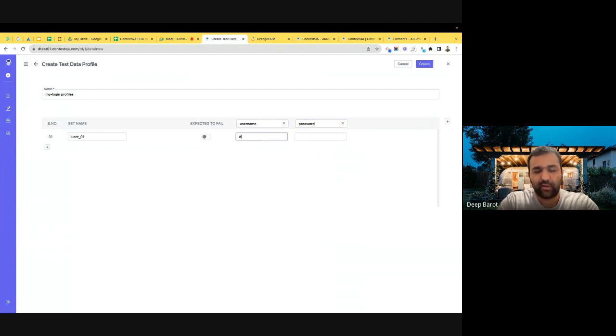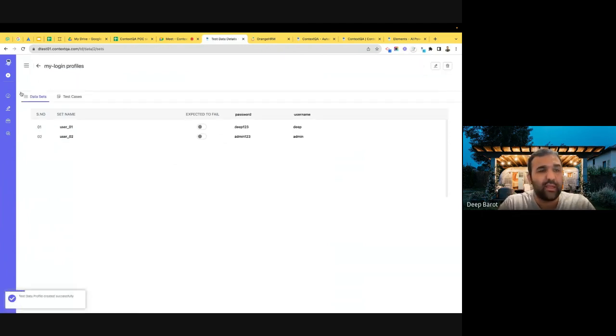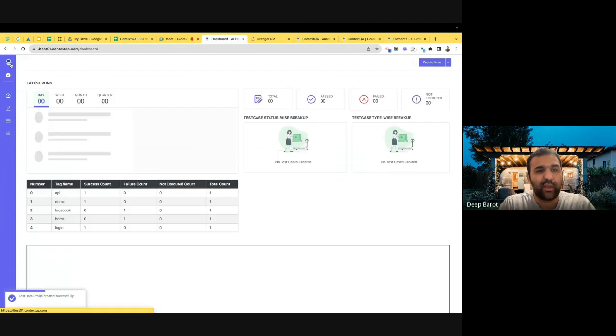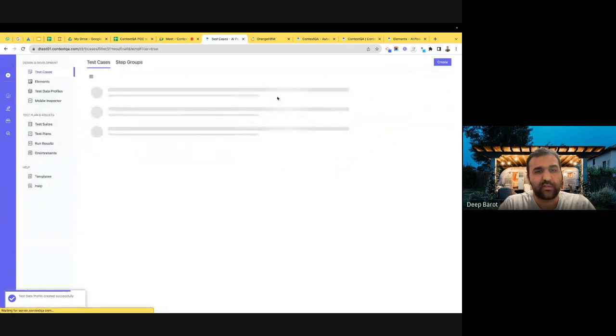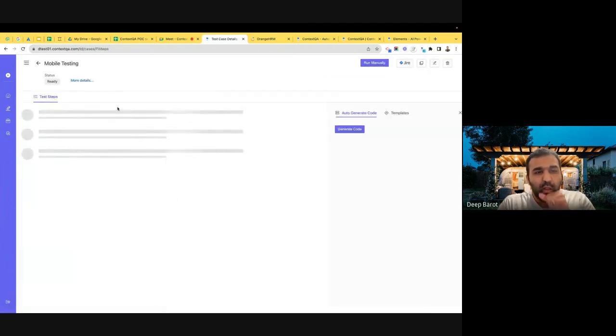And you can say, okay, beep 123, and over here I can say user 02. So I can add as many details as I want, and save it. And then to use this in my test cases, which is over here,